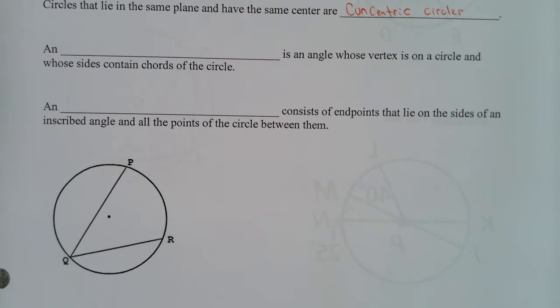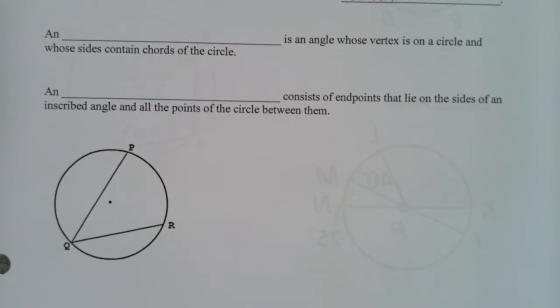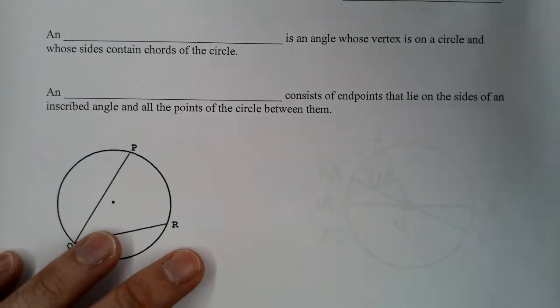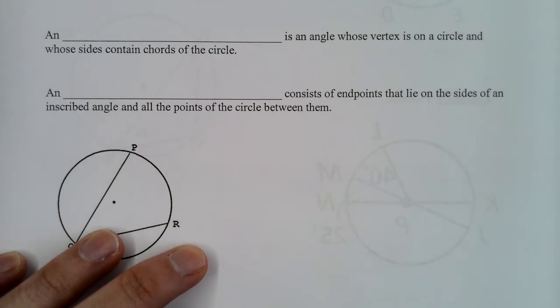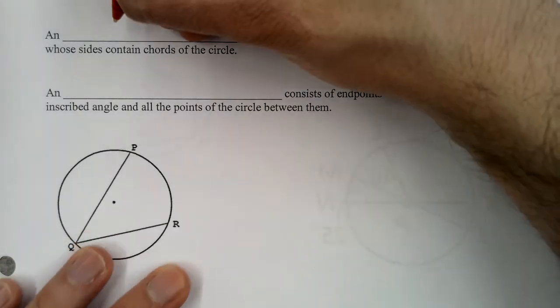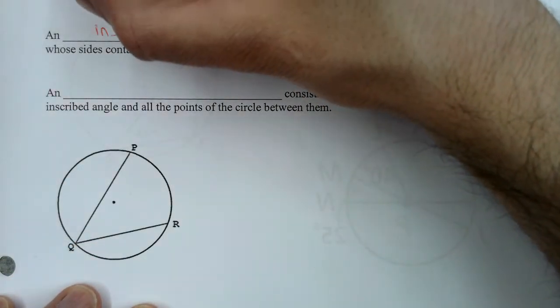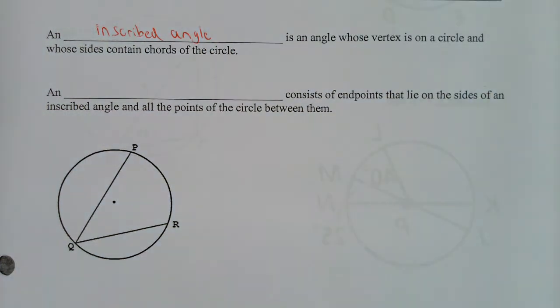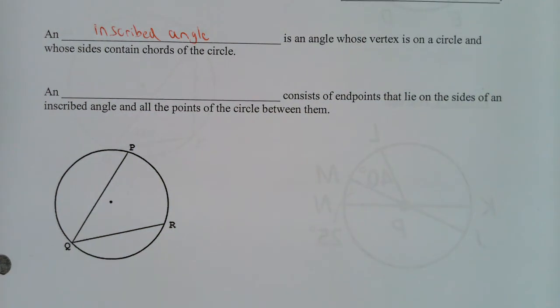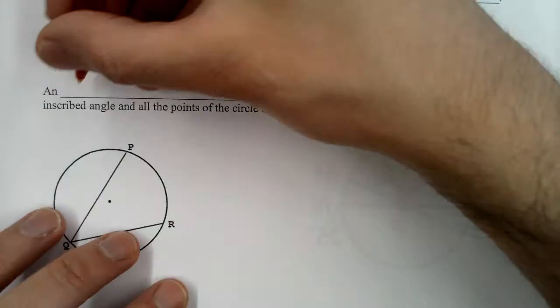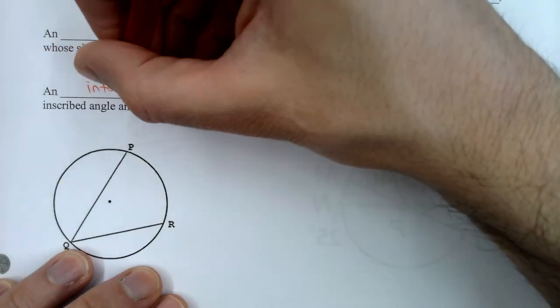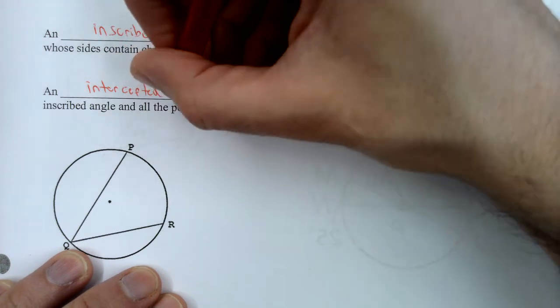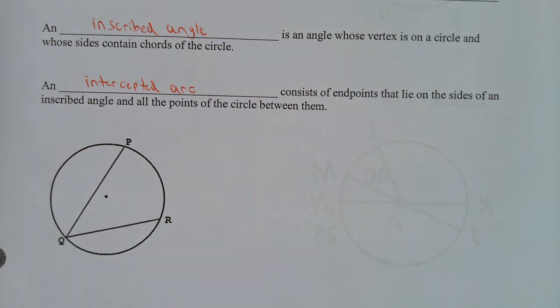And now we're going to get to some important theorems and definitions. An inscribed angle is an angle whose vertex is on a circle and whose sides contain chords of the circle. I'll say more on that in a second. This next definition is called an intercepted arc. It consists of endpoints that lie on the sides of the inscribed angle and all points of the circle in between